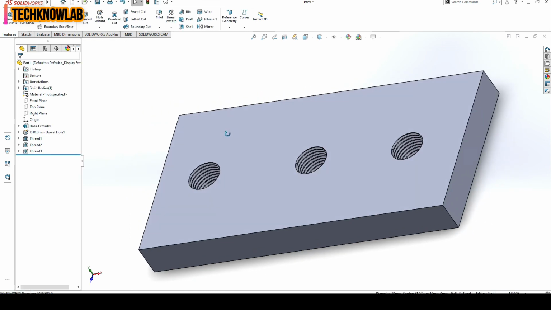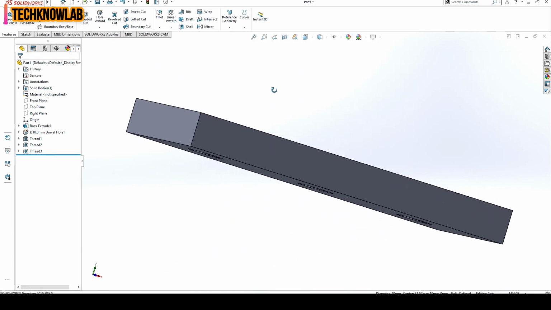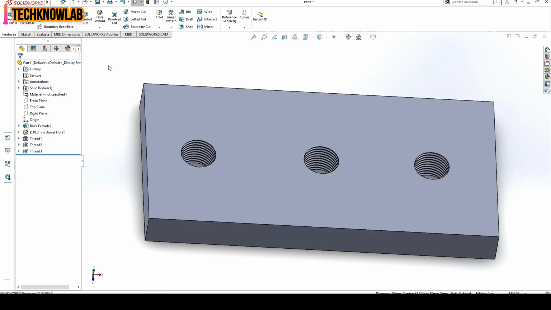Like that we will make the threads and holes without using the extrude cut or extrude command.